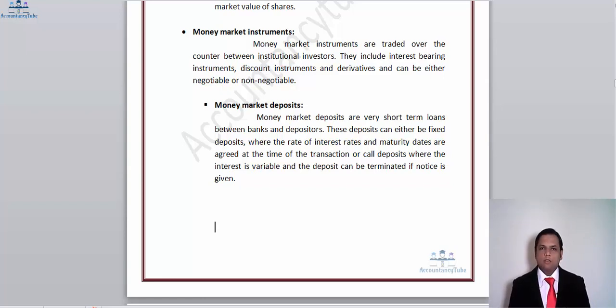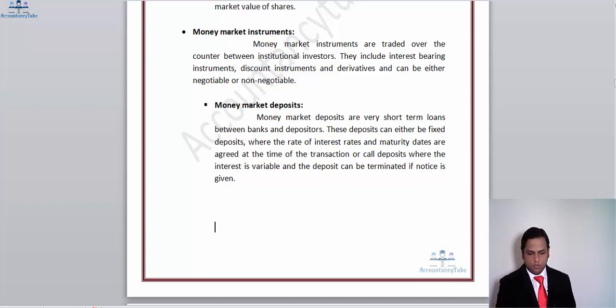Now, a money market deposit is basically a short-term deposit in which you go to the bank and deposit the funds. For example, $500,000 you have invested in a bank, and what the bank does is give you an instrument, a money market deposit certificate, on which it's written that you will get a return of this percentage on this whole amount, for example 10%. So the amount which you deposit now, that is $500,000, after 3 months when you go to the bank, the amount which you will take from the bank will be $550,000.